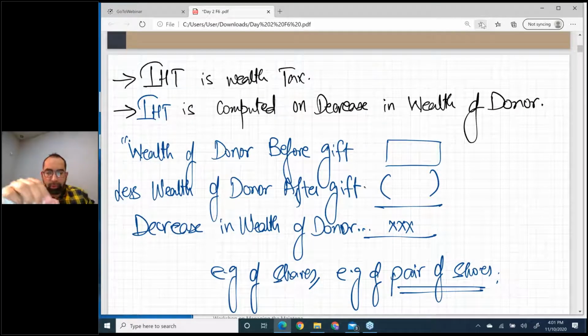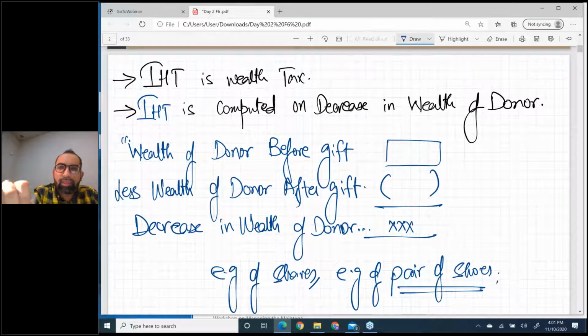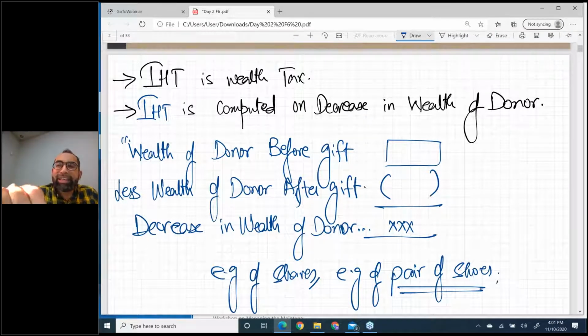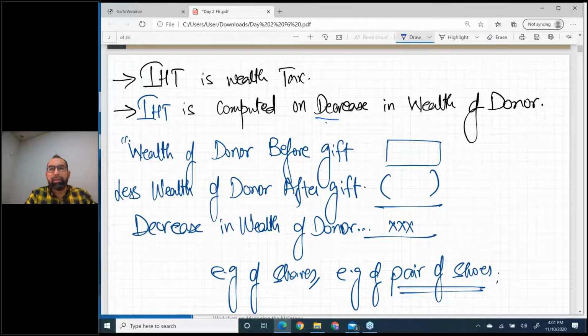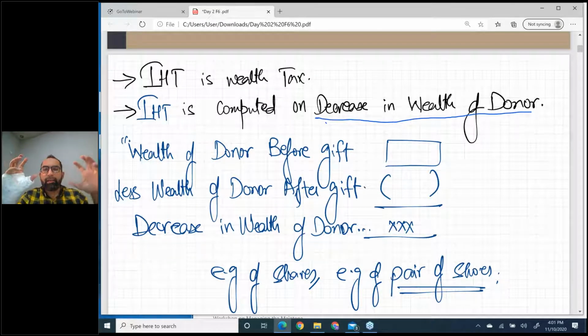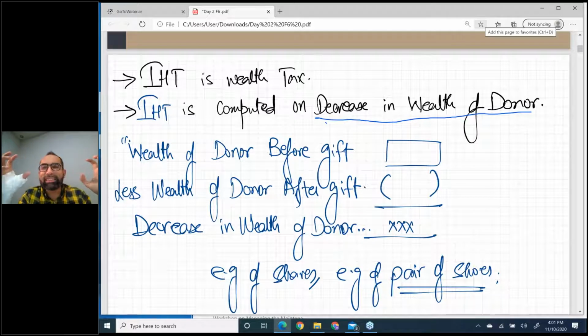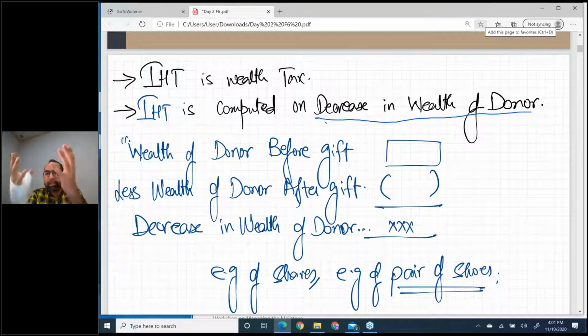So normally you might have studied this. Listen, IHT is computed on decrease in wealth of donor. Now listen, there are two people. One is the donor and the other is the donee, right? The donor is giving the gift and the donee is receiving the gift. But what's the law? The law is IHT is calculated on decrease in wealth of donor, not increase in wealth